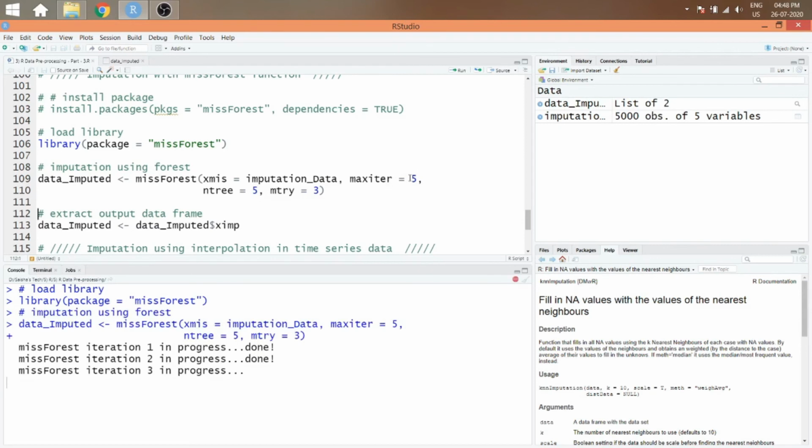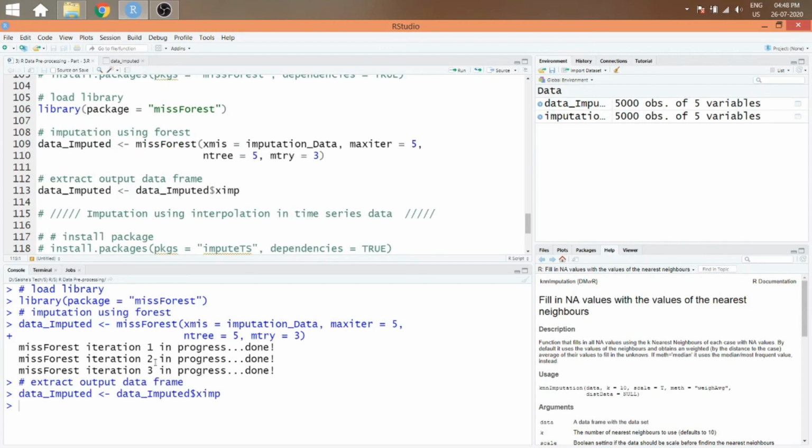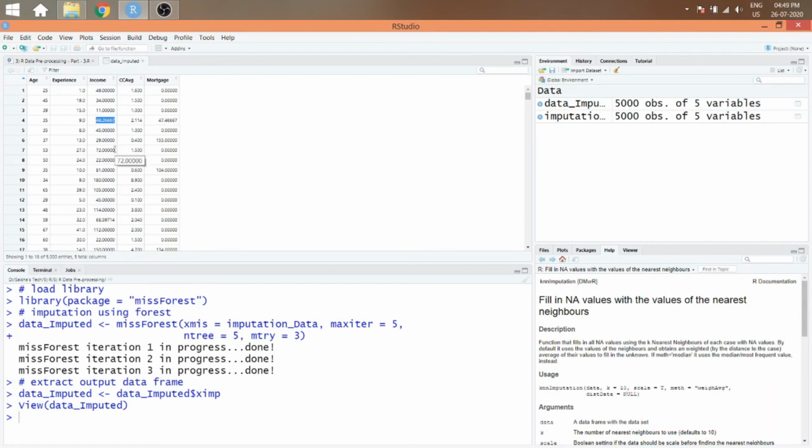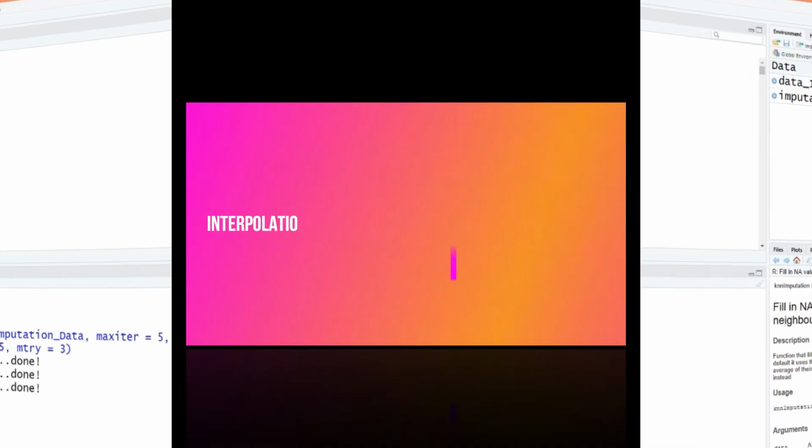These hyperparameter values can be optimized using optimization techniques. You can observe from the console that it has taken 3 iterations to converge to the imputed data. From the imputed data, we can observe that the NA values are imputed with 48.26, 2.114 and 47.46.